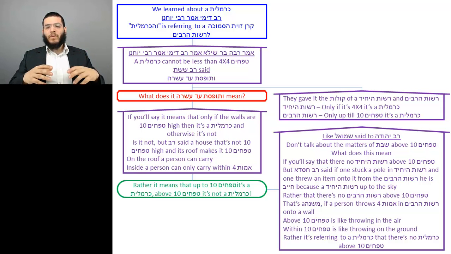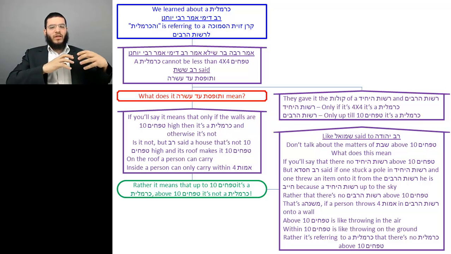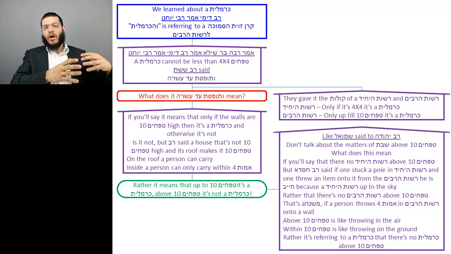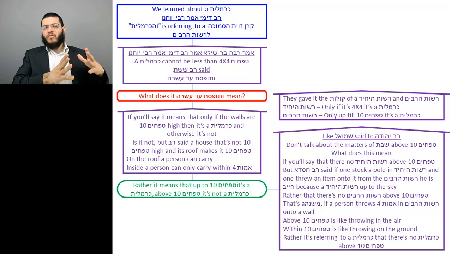So to summarize the Gemara, we presented teachings about a carmelis. First we spoke about between the pillars and on top of the blocks. Then we spoke about a brick, which was really a makom ptur. And we spoke about over there the requirement of having the height of 3 tefachim if there's any exception to it. In the last part over here, we presented the parameters of a carmelis, which is that it's 4 tefachim by 4 tefachim wide and up to 10 tefachim high. We discussed what the words v'tefeses ada sora mean. We showed what it must mean and brought from elsewhere a similar teaching. And we also explained what these parameters are based on. Why did they give these parameters of a minimum of 4 tefachim by 4 tefachim wide and only up to a height of 10 tefachim?